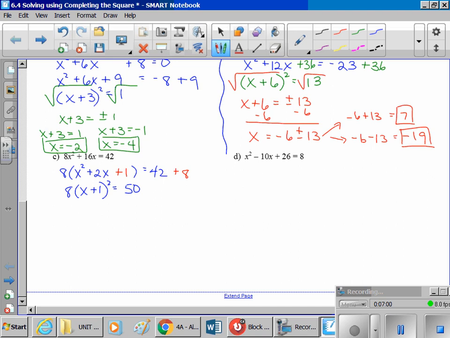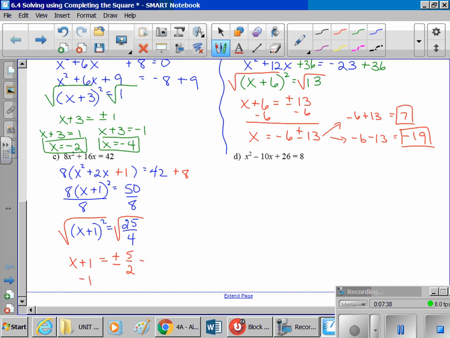Isolate the squared. I mean, you can square both sides at this point because you can just get the 64 out front. But I think it's just easier to divide out the 8 first. So I get x plus 1 squared is equal to 50 over 8, which reduces to 25 over 4, which is nice because now when we take the square root of both sides, we have perfect squares. So we're going to have x plus 1 is equal to the square root of 25 over 4, which is plus and minus 5 over 2,